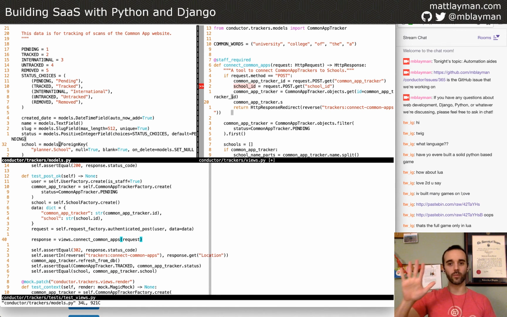So we have one table for Common App Tracker, one table for school, and we want Common App Tracker to be able to say, this thing is connected to this school over here at this row. And the way that data is stored, the foreign key doesn't actually store the whole school because it can't shove all that data into this other table. It just says, here's the number. So if I ever need to get the school for this Common App, I'll take the number that I have and do the lookup over here, and then I can get all the school information.